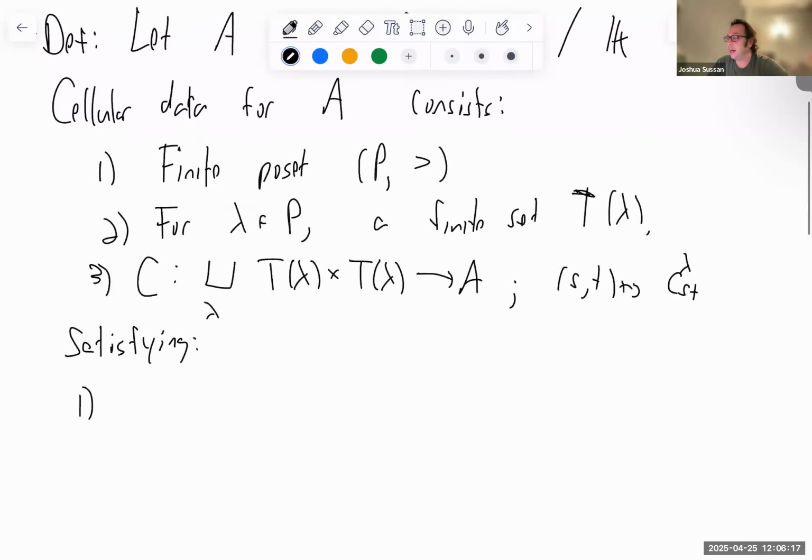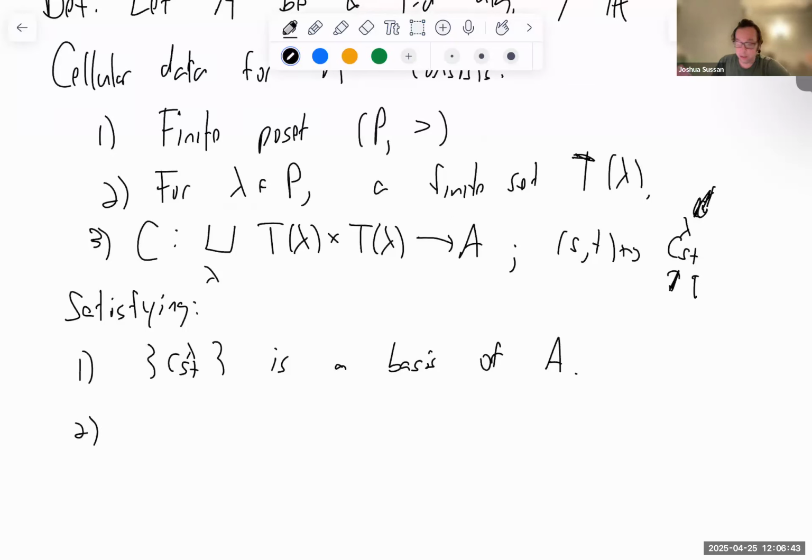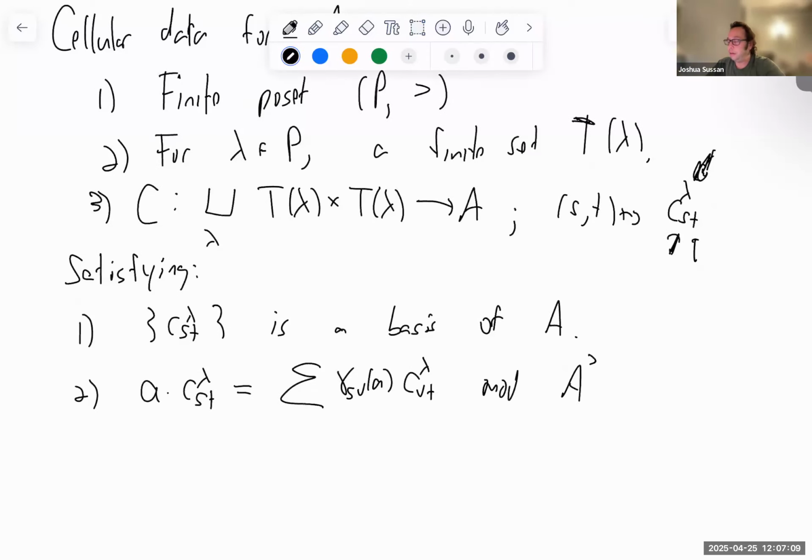So maybe the most important thing is that these elements C_ST^lambda form a basis of our algebra A. Okay, so we have a very nice combinatorial enumeration of our basis. So it depends upon our finite poset, our element in our finite poset, and elements in the finite set associated to it. Two, and this is another crucial axiom. How does our basis interact with an action of an element a in our algebra A? So this is a sum over basis elements C_VT^lambda with some coefficient, I'll say gamma_SV(a), in front, modulo terms greater than lambda. So just to kind of parse this out, when you act on some elements in your cellular basis, you get a sum of elements where this second index,